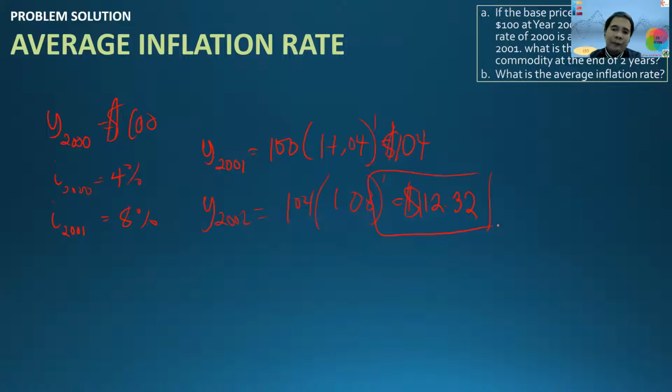So the second problem is, what is the average inflation? We have the formula for a future value equal to P times 1 plus I to the exponent of N. Assuming that the future value is already 112.32, it is equal to 100 times 1 plus I to the exponent of 2, that is for 2 years. So upon getting the solution, you can solve for I,